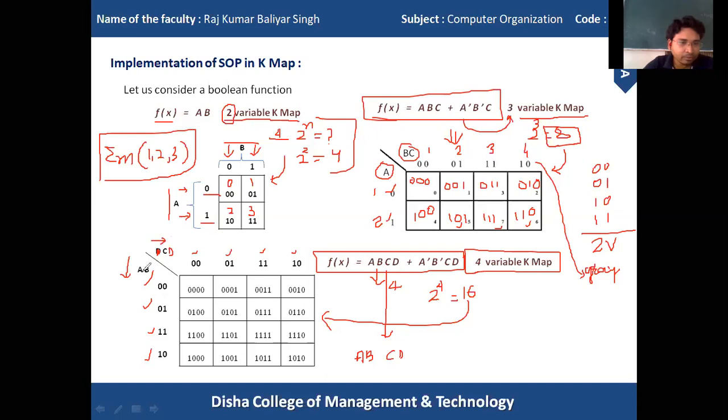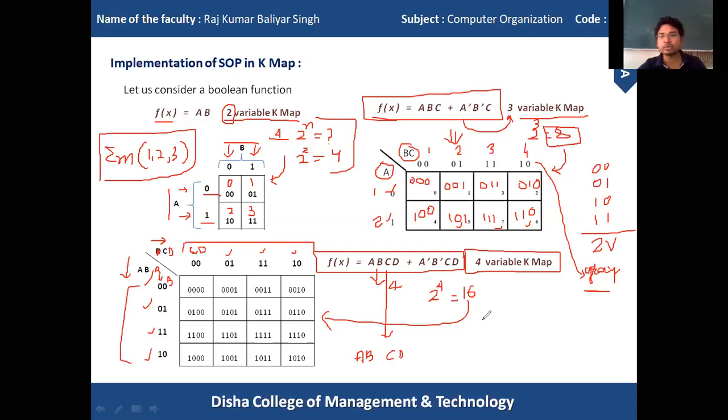Clear? Because this row has the sequence 0 0, 0 1, 1 1 and 1 0, one is for A and another is for B. Similarly, for this 0 0, 0 1, 1 1, 1 0, one is for C and another is for D. So in a 4 variable K-map we have to use the gray code in rows as well as in columns.